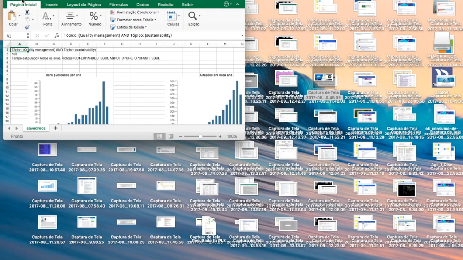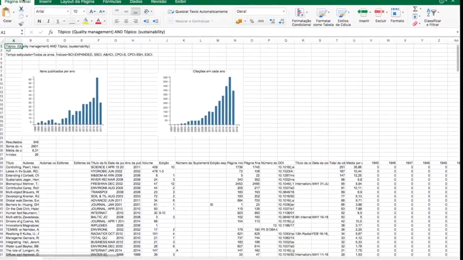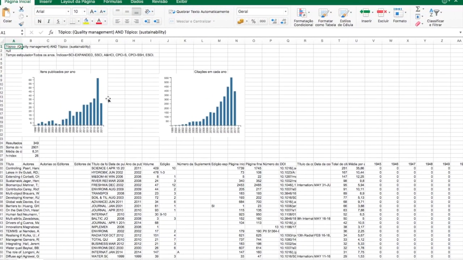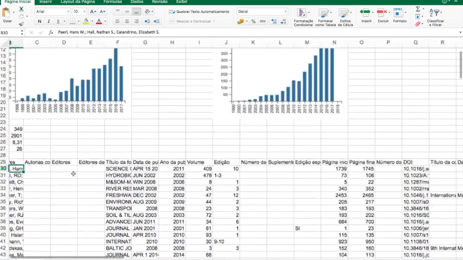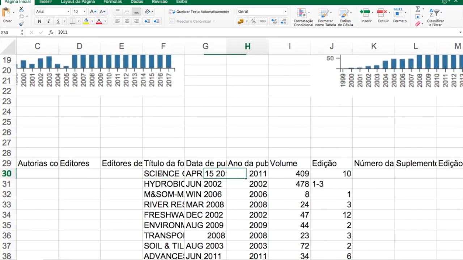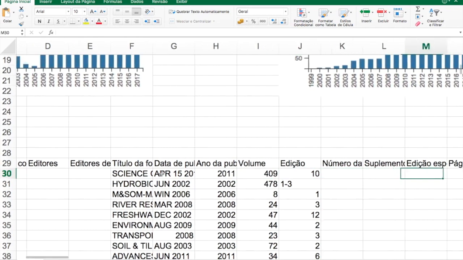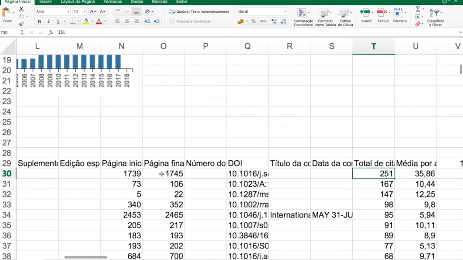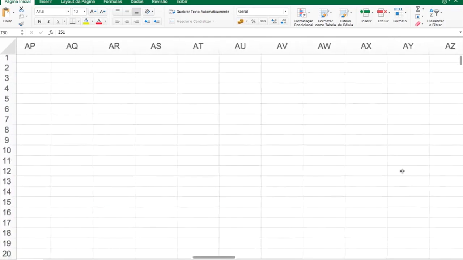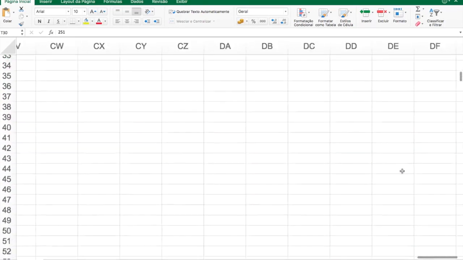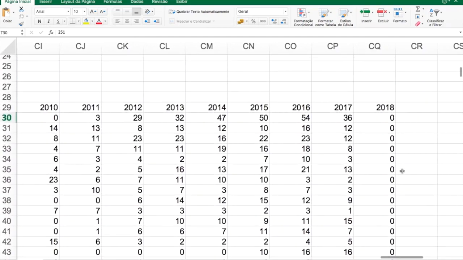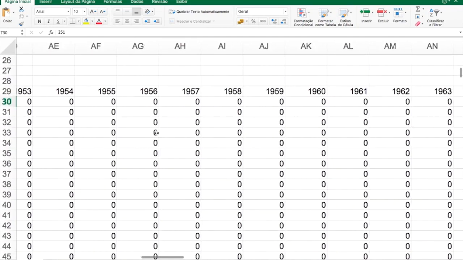It's saved. I'm going to open here what my result is. Here we can see the publications per year and citations year by year. We have here titles, authors, which journal published it, the year it was published, etc. And here the total number of citations it had. And if you notice, it gives the years up to now. You can even see when the first citation was. It gives you a little bit of this history. As you can see, you generate this very interesting tool.